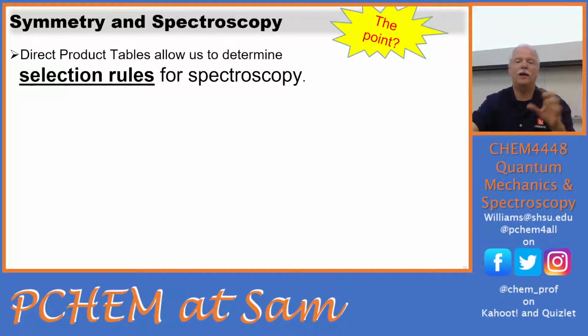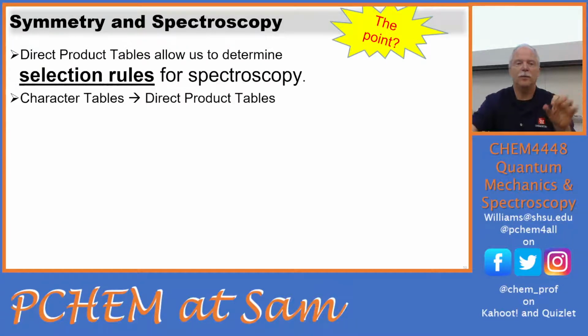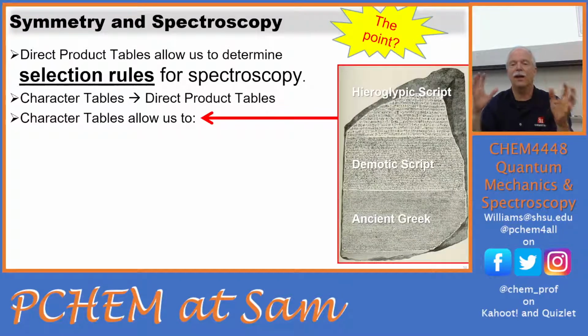And it's the direct product tables that allow us to determine those selection rules. But the direct product tables come from the character tables. And we'll explain all of these pieces. I'm just going over the outline right now. Where do the character tables come from? Well, they come from the point groups, but what do they allow us to do? The character tables are kind of like the